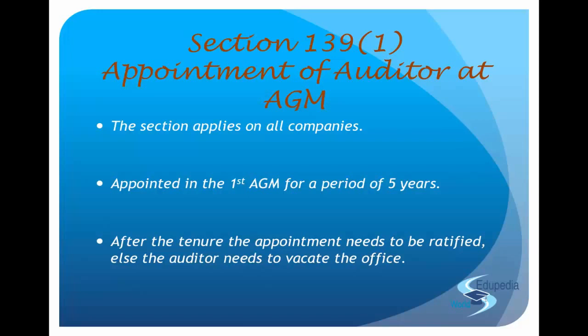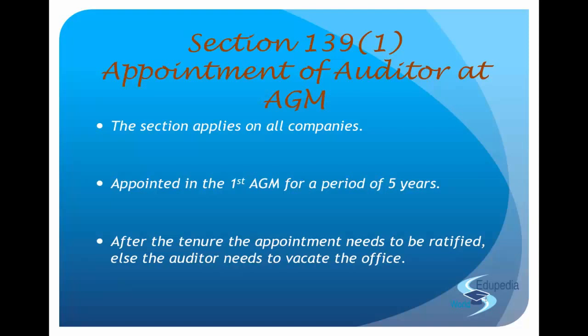First AGM it's appointed, in the second AGM they complete their 1 year, third AGM they complete their 2 years, and consecutively in the 6th AGM they complete their 5 years of tenure. So when we say they hold the office till the conclusion of the 6th AGM, they will have to be ratified at every individual AGM. And in the 6th AGM, the company will now